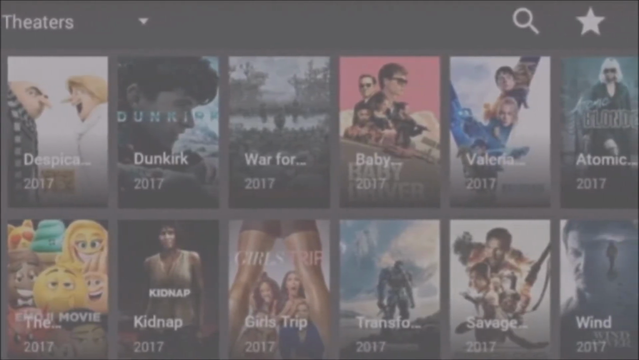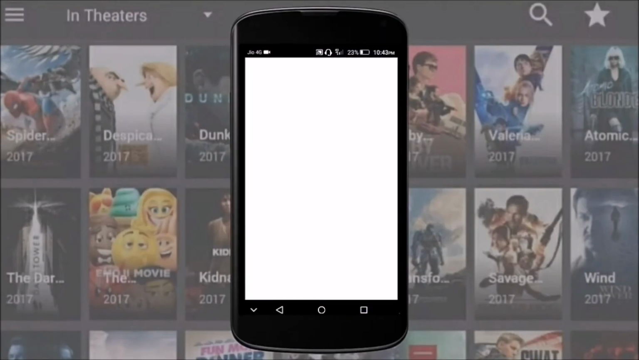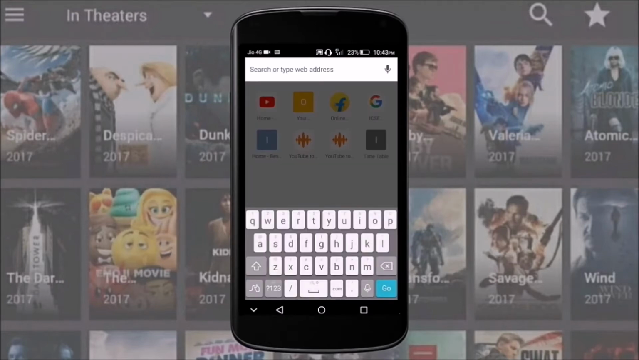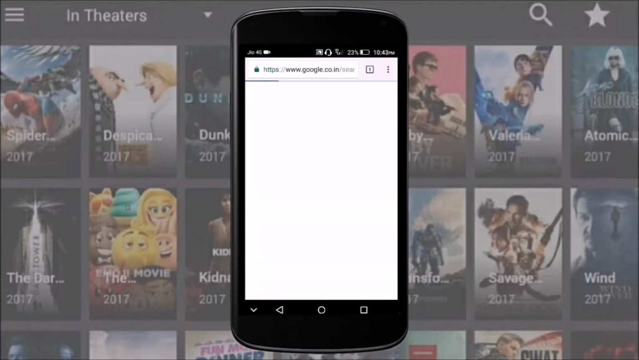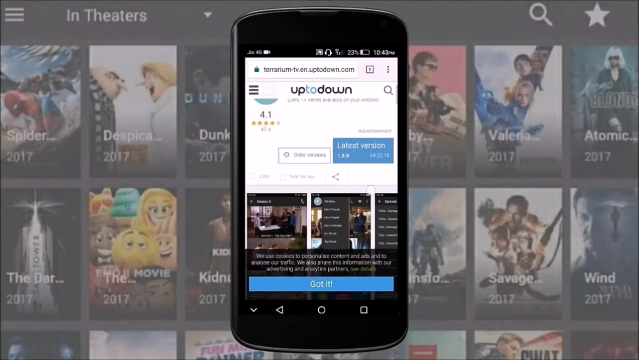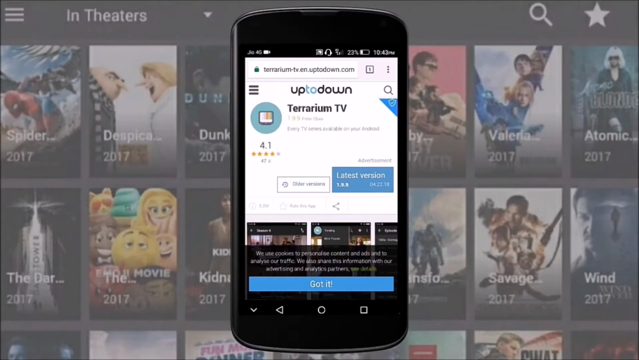So let's begin. So guys, to download this app, first of all go to Google Chrome, then on the search box type Terrarium TV. Now click the first website which shows Terrarium TV 1.9.9 for Android, which is the current latest version for this application. So select the latest version